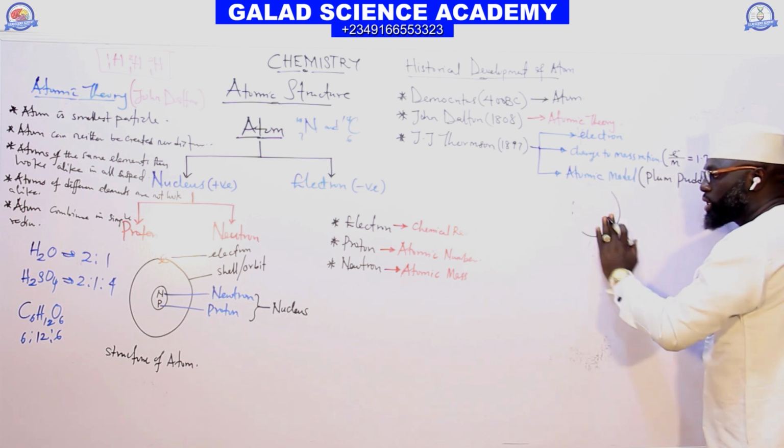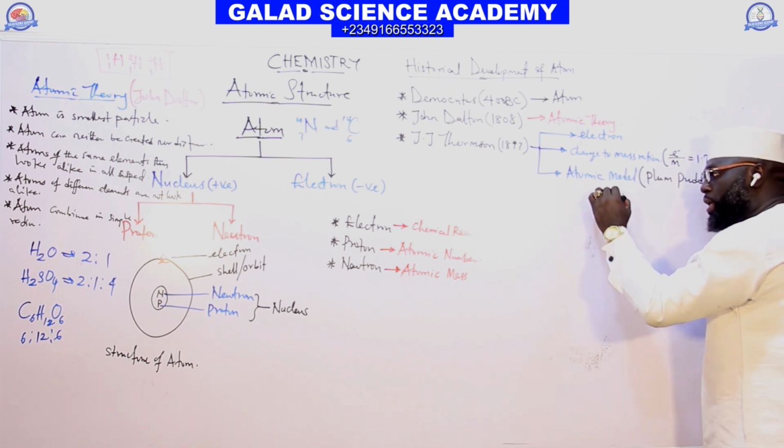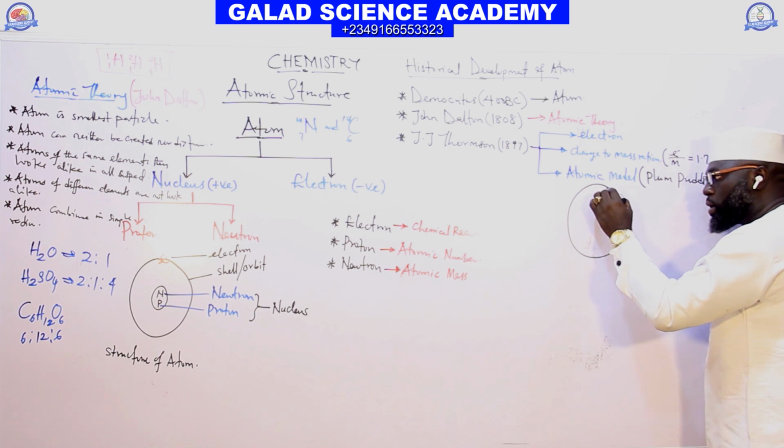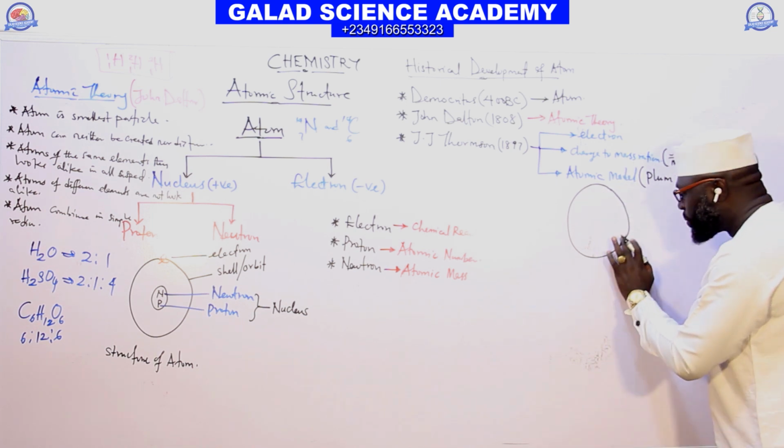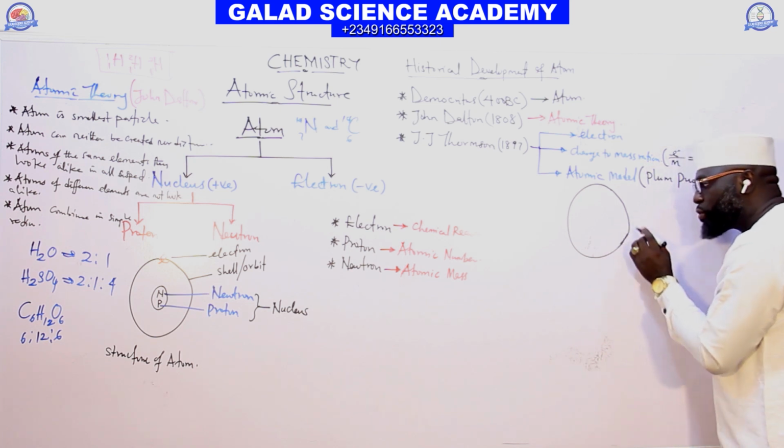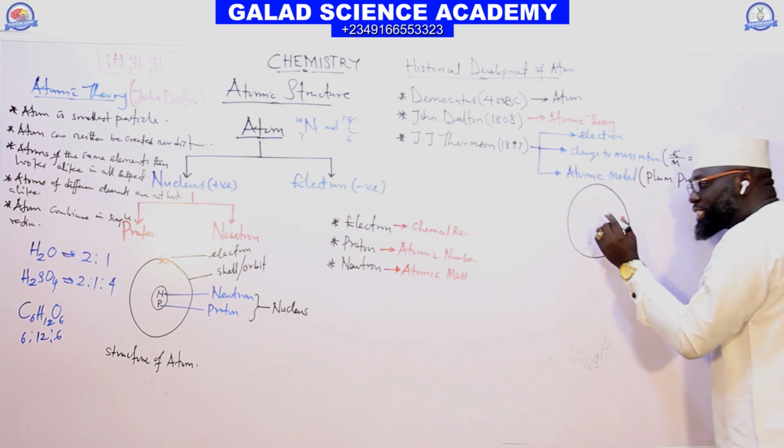According to the Thomson model, we call it the plum pudding model. He said the atom is comprised of a positive